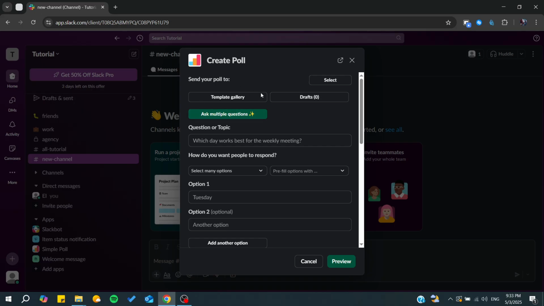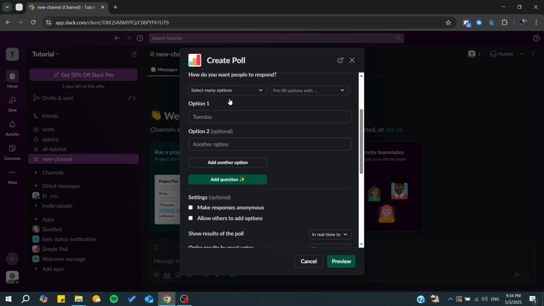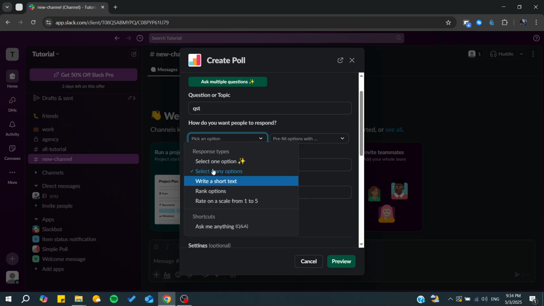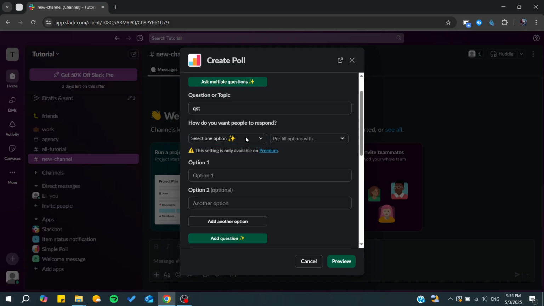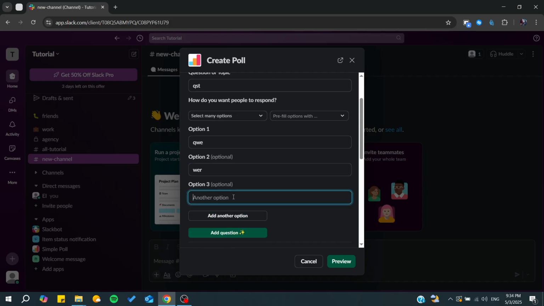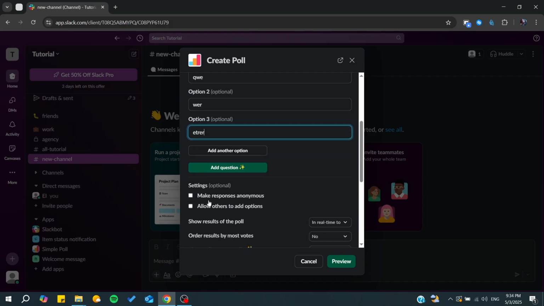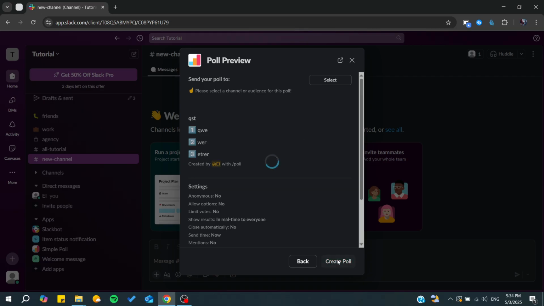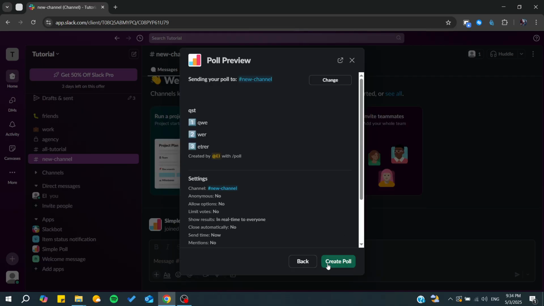And as you can see now, either you can start from a template gallery, like from create poll, or you can simply choose whatever you'd like. We will have, for example, a question, and basically you choose the response type, whether it is only one question or many questions, and basically you will have option one and option two. You can add another option if you would like, and then you just need to add the settings and click on preview. If you like it, then you click on create and save, create poll,